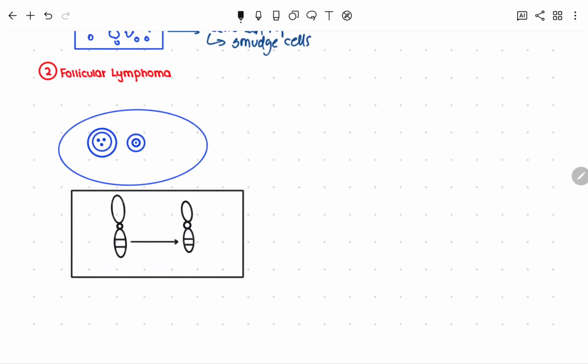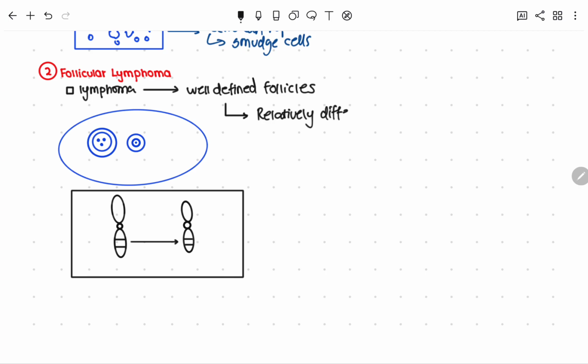Now, coming to the second type, follicular lymphoma. Name gives away. This lymphoma consists of cells that are arranged in well-defined follicles. As far as characteristics go, these cells are relatively well differentiated,